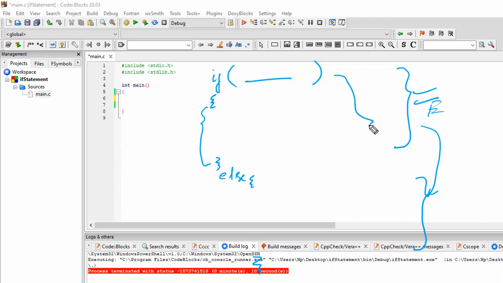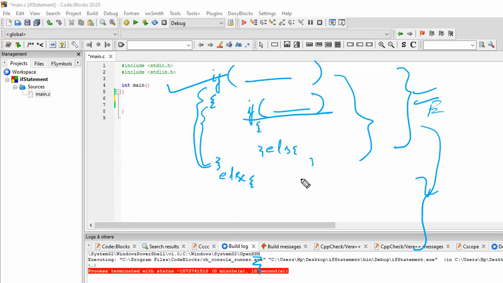If this condition is true, then further at this true condition I may be using again an if to check any other condition. After this condition is true I may be internally using another if block, another if condition, which is checked when this particular condition is true, or I can have else with it also. Similarly, in the else part, if this is not true, further I may have some other condition which might be checked when the above condition is false. I mean when I am in the else part.